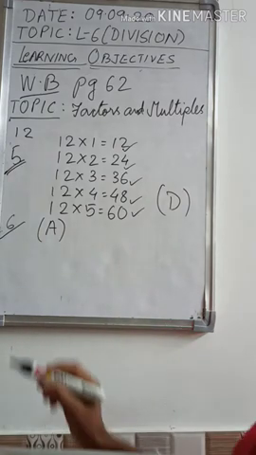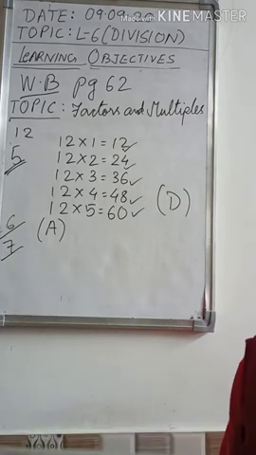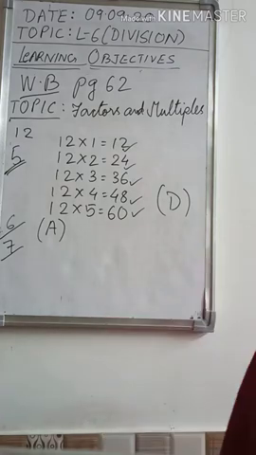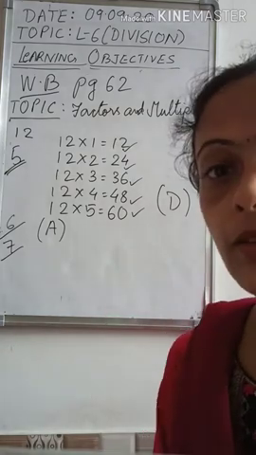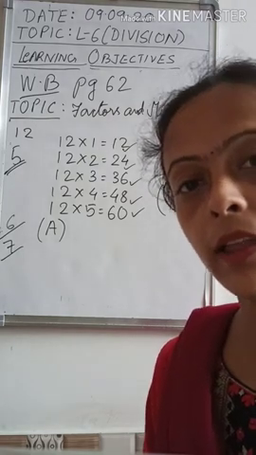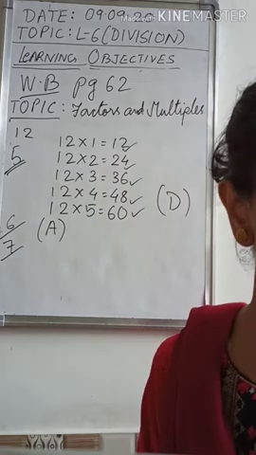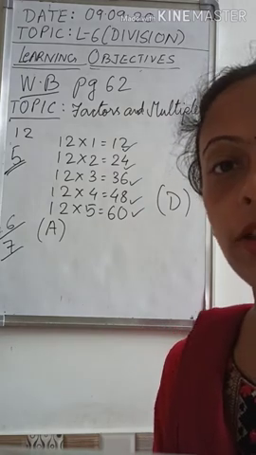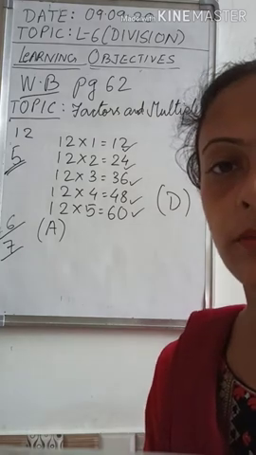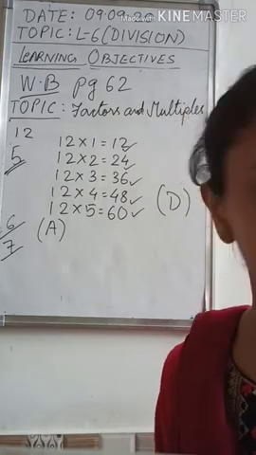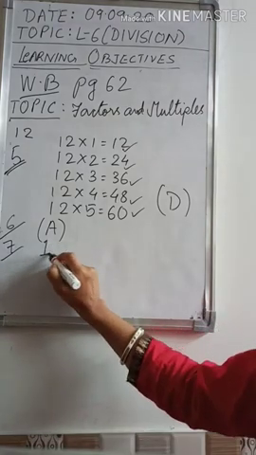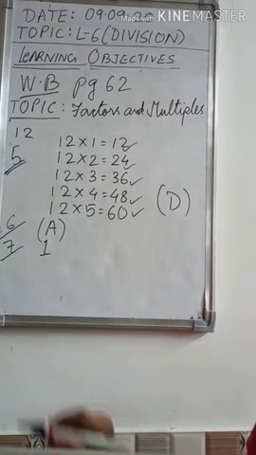Let us come to the fill in the blanks part. Dash is neither a prime nor a composite number. Which is not a prime or not a composite number? Prime numbers are those numbers which have only how many factors? 2 factors. What are those 2 factors? 1 and the number itself. And composite numbers are those numbers which have more than 2 factors. So which number is neither a prime nor a composite number? We have discussed this in our earlier classes. The answer will be 1. The answer of number 7 is 1.